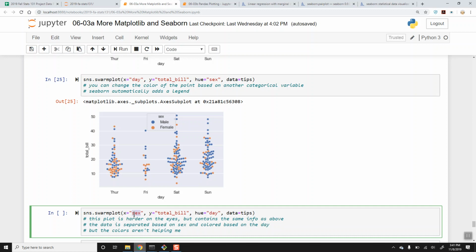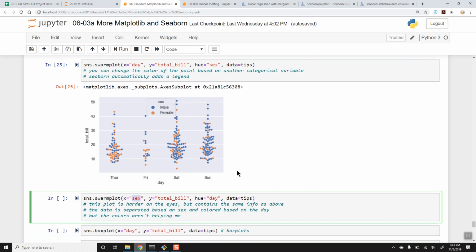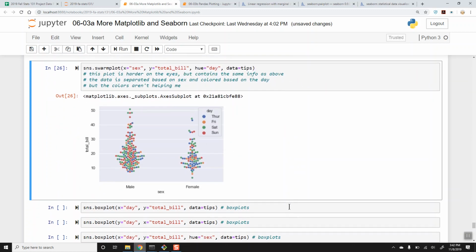here I'm going to put X as the sex variable, so we're going to have one swarm plot for males and one swarm plot for females, and then I'm going to do hue as day, so we're going to have 4 colors, one for Thursday, one for Friday, one for Saturday, and one for Sunday. It's going to be hard on the eyes, but I'm going to do it just so you can see that you can swap these things around. So this is what the distribution for males looks like, the distribution for females looks like, and we can see, in this data set,